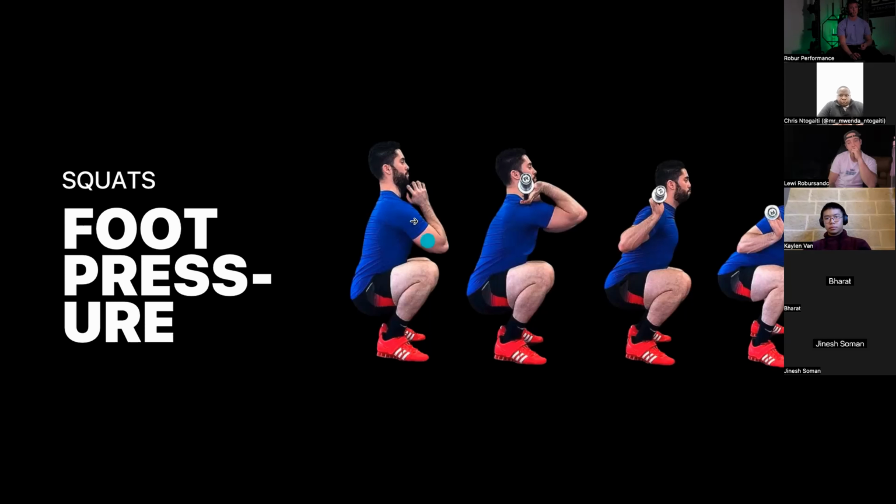Because a high bar position, Kalen, isn't one specific position. There's probably like a 2-inch spectrum of where you can actually move the bar for it to still quantify as a high bar. And the same thing applies for the low bar. A lot of people think it's on the shelf of the rear delt, but you can also go an inch lower and you can go an inch higher. So